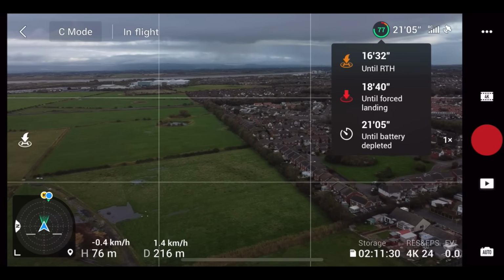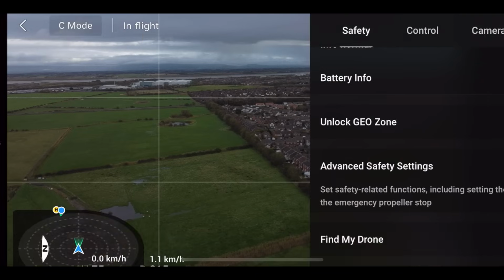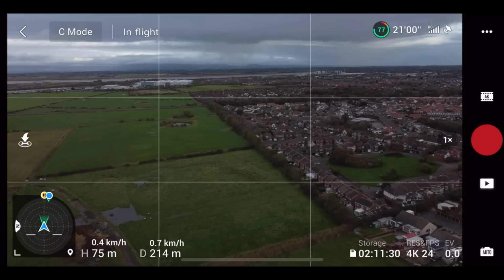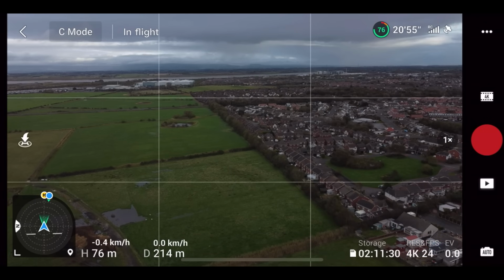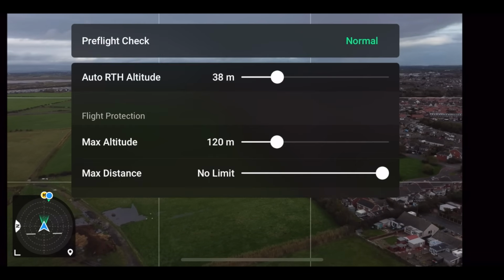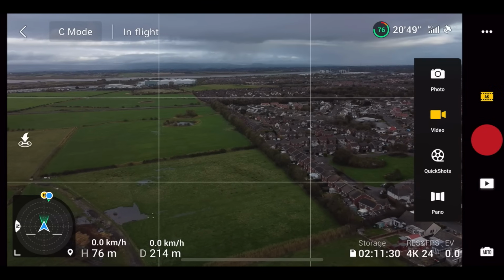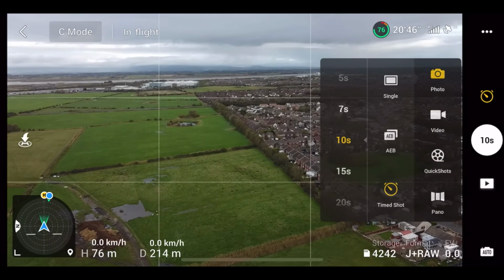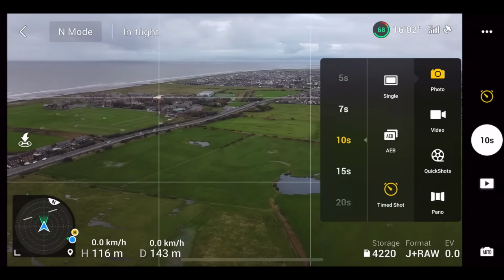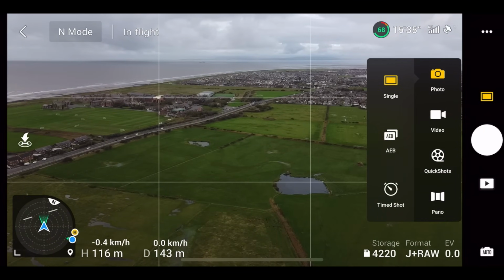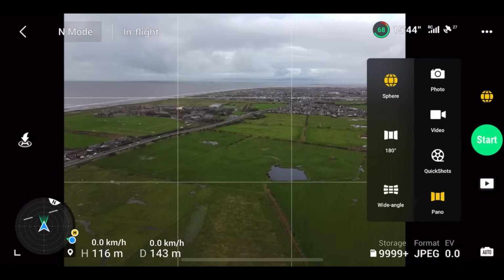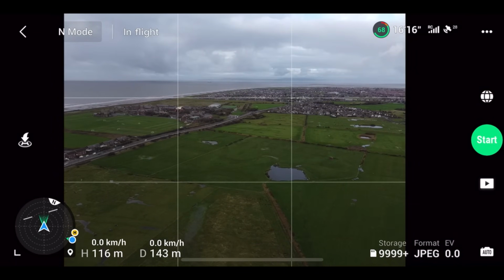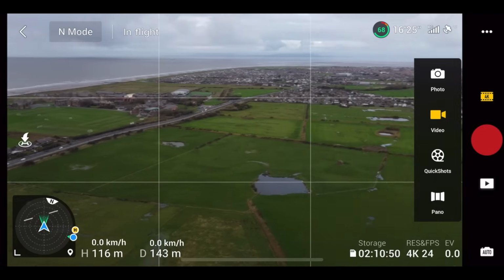So nothing is new aside from the compatibility to allow the Mavic 3. But it's good to see from testing today that this Fly app is performing great. We've had no crashes whatsoever, and it seems to be a little bit more responsive than it was before. It's probably just my eyes from the amount of time I've been on the laptop, but the colours don't seem to be as harsh, they don't seem to be as saturated as they have been in the last couple of versions, and